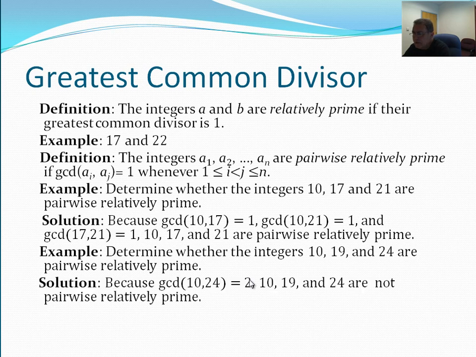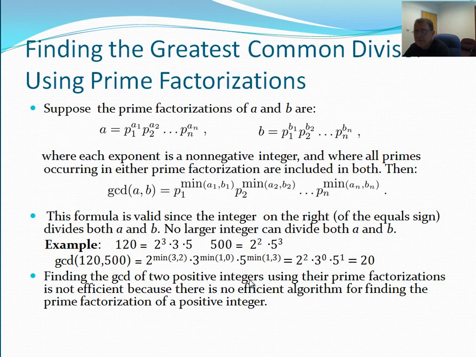And here's some more of an example of these. All right, how do we find it? How do we find the greatest common divisors using prime factorization? Remember we said all composite numbers can be written as a product of prime numbers. And now we want to use that concept and find the greatest common divisor of